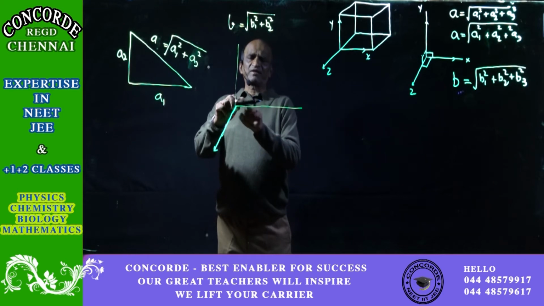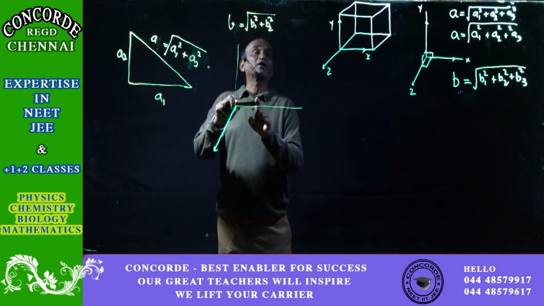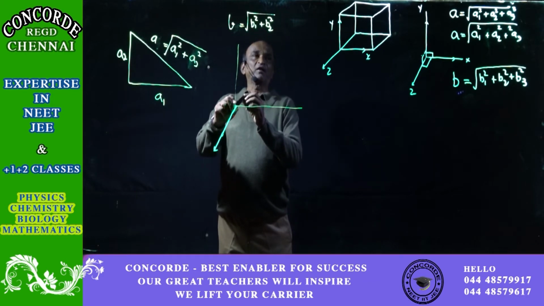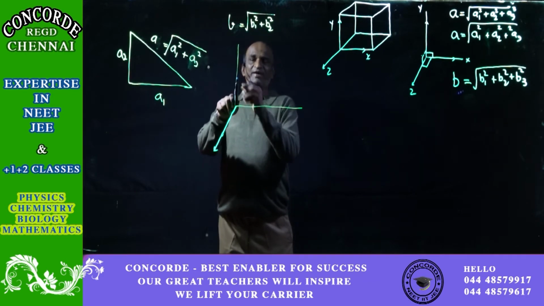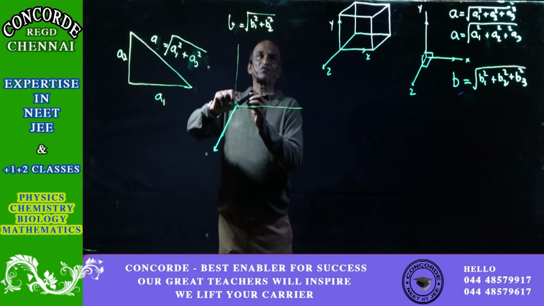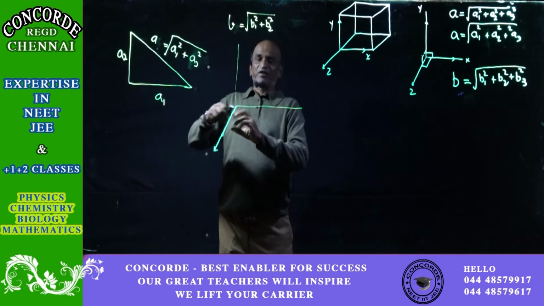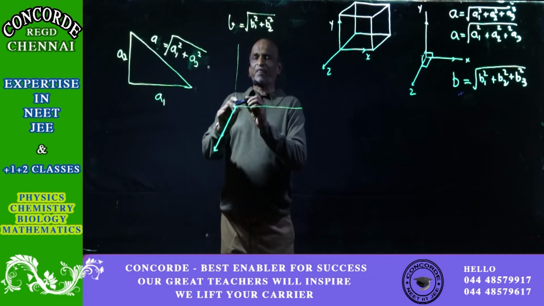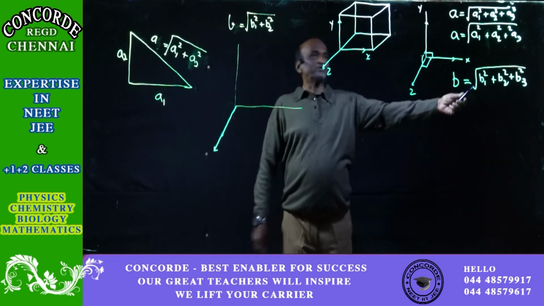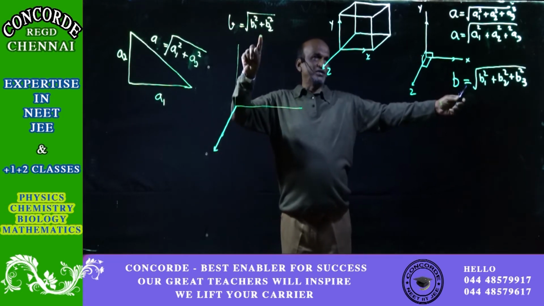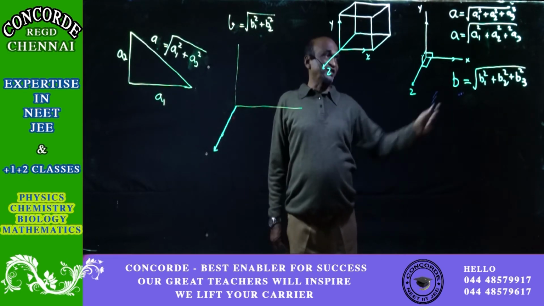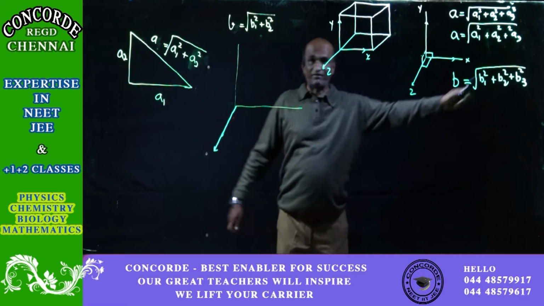to this length B1. Here this B bar will have a component like this in the y direction. So, that is equal to B2. This will have a component in the z direction, that will be equal to B3. Then the magnitude of this resultant will be so much. Like how for two dimensions it was B equal to square root of B1 square plus B2 square, in the same manner for three dimensions we will have it like this.